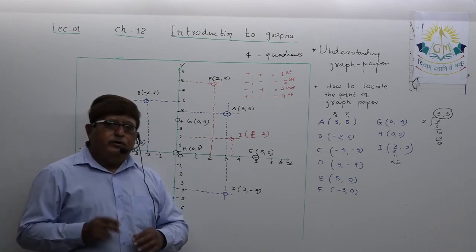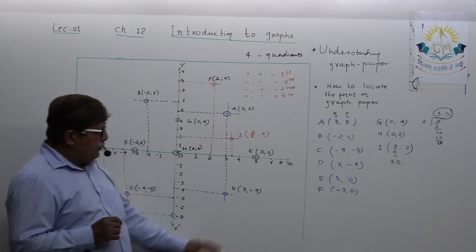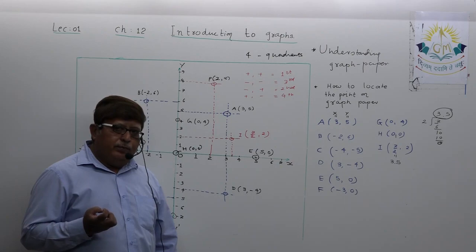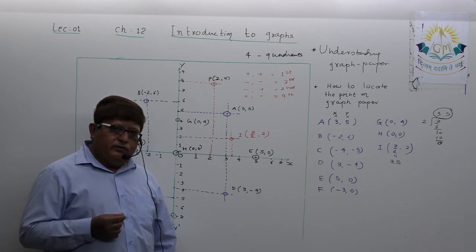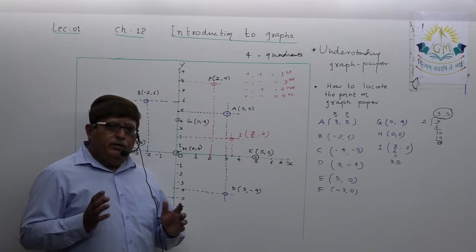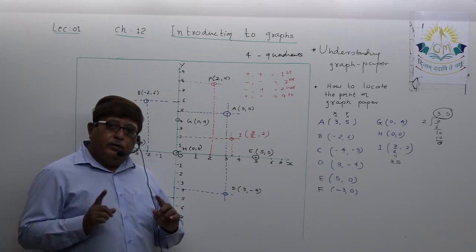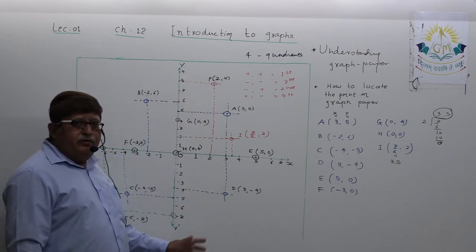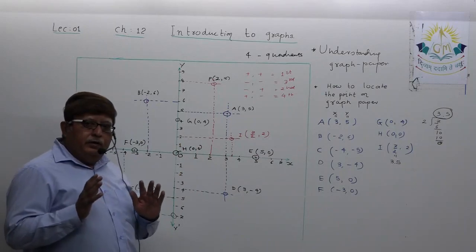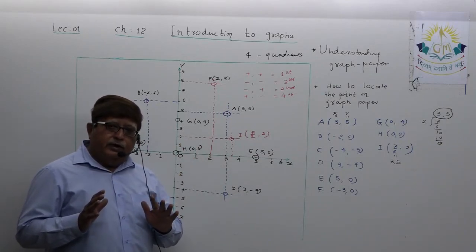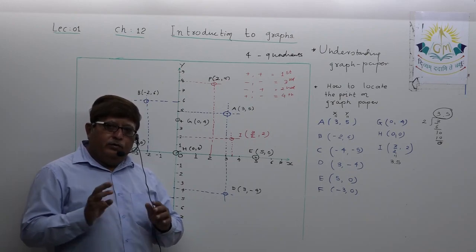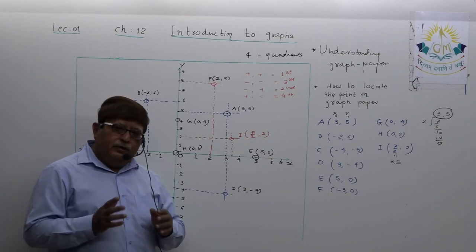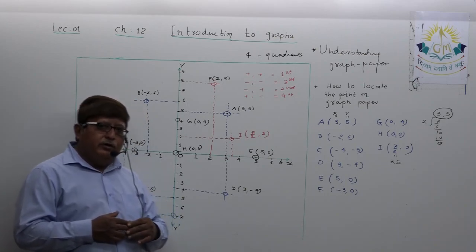Understood? So, dear student, one more thing. Today, you just understood the basics of graph paper. When we meet in our next lecture, you should have at least three graph papers prepared. Prepared means x-axis written, y-axis drawn, all coordinates represented on the graph paper. At least keep three graph papers ready before we attend the next lecture in this particular chapter.